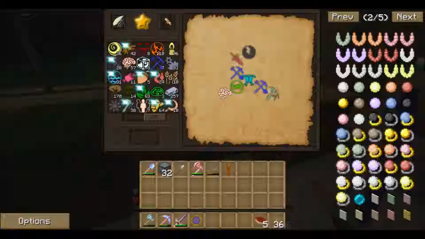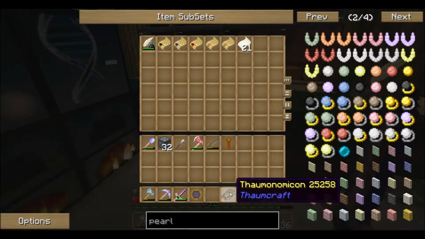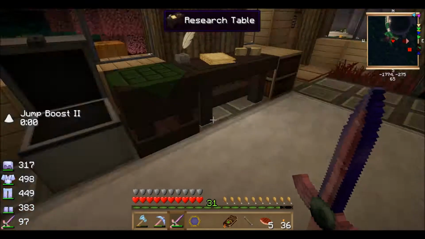The research table and a wand. So let's get our wand, get our Thaumonomicon. So what I've been doing is in the book,